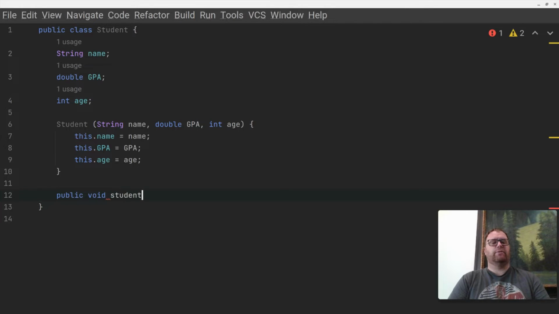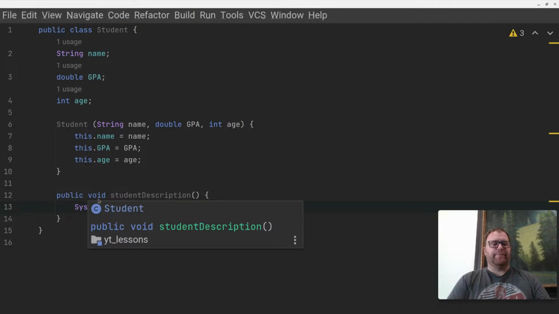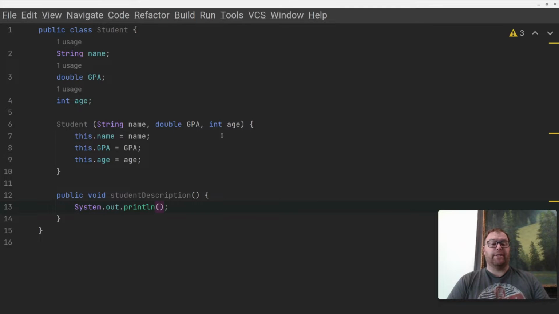Let's call it student description. Okay, and we're just going to basically print out the student description. So we're not returning anything because we have a void, right? So this is like what the method returns here. So void just means it doesn't return anything. But what the method will do is print out